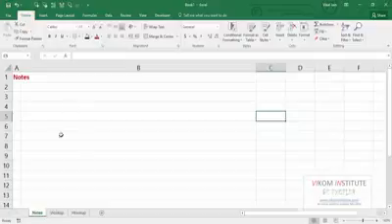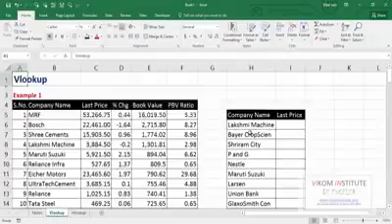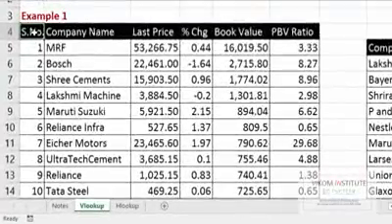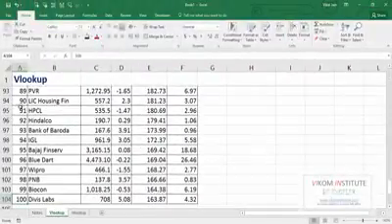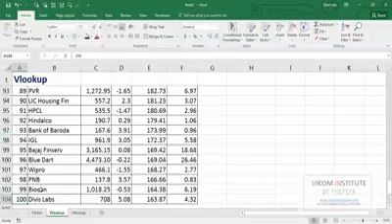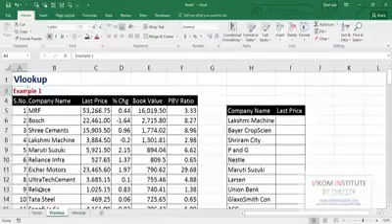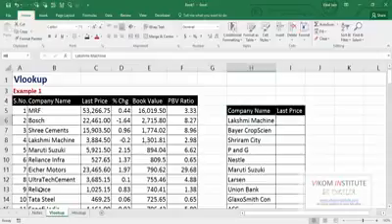So let's proceed. Let's understand what is VLOOKUP. So here is my rough data. See, here is serial number, company name, last price, percentage change, book value, PBV ratio. Here are 100 names. Now my boss has given me a task. See, here is Lakshmi Machine. So what I need to do is find out the last price of